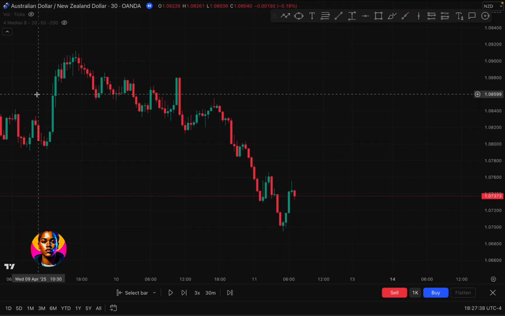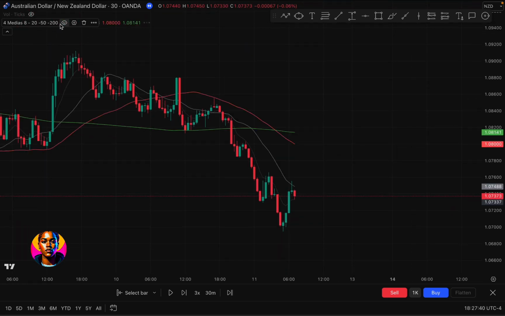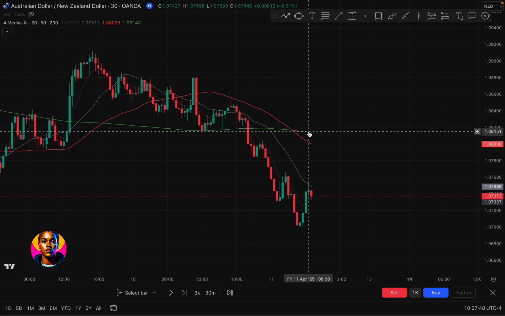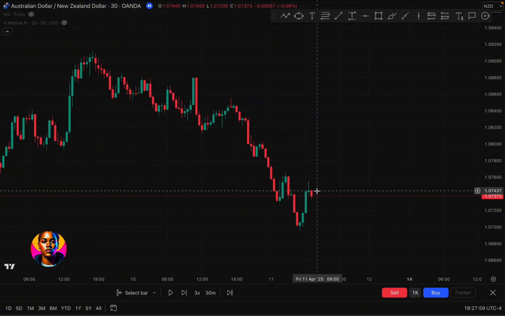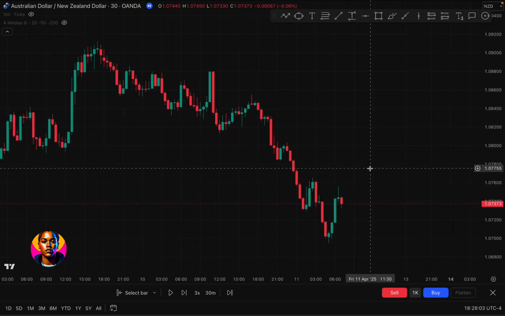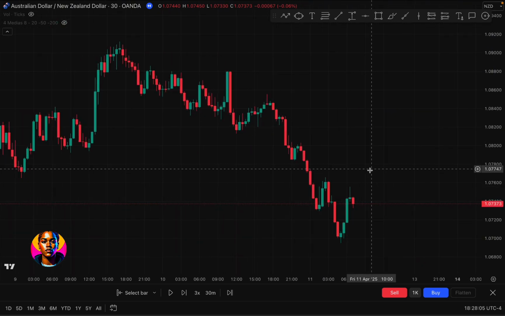So I saw that we were in a downtrend. So we're making lower lows and lower highs. And this is my 200 EMA, which is the green line you see here, and we have price that is below it. So my bias here was that okay, we could be in a possible downtrend, so let's look for some sells. So I'm on a 30-minute time frame,